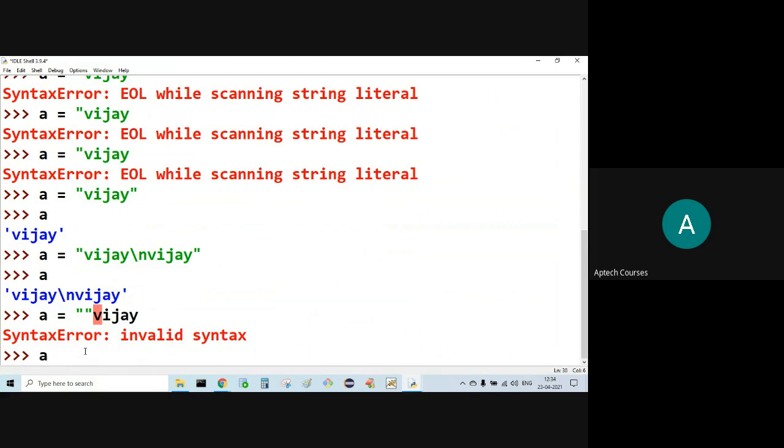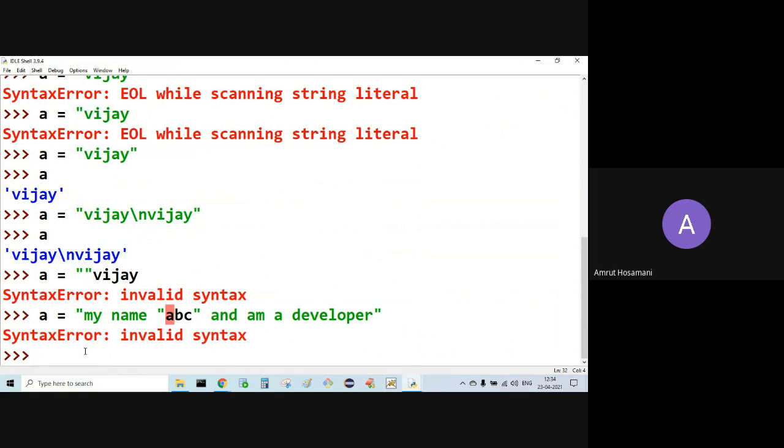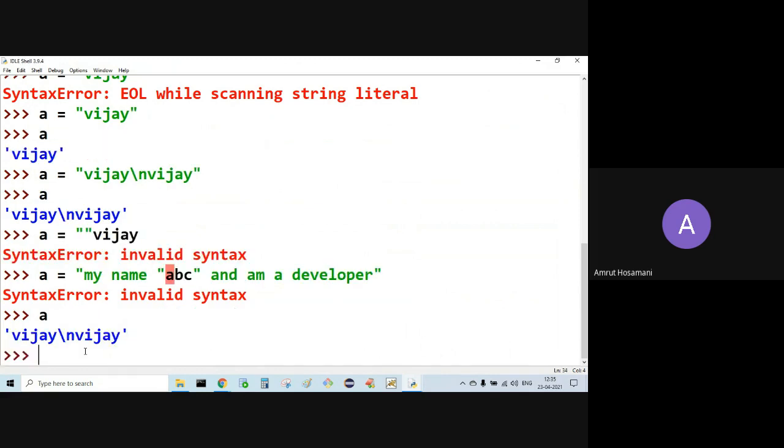See, observe this one. A is equal to, my name is ABC and I am a developer. Here, I want to highlight this one, ABC. So this one, sir,